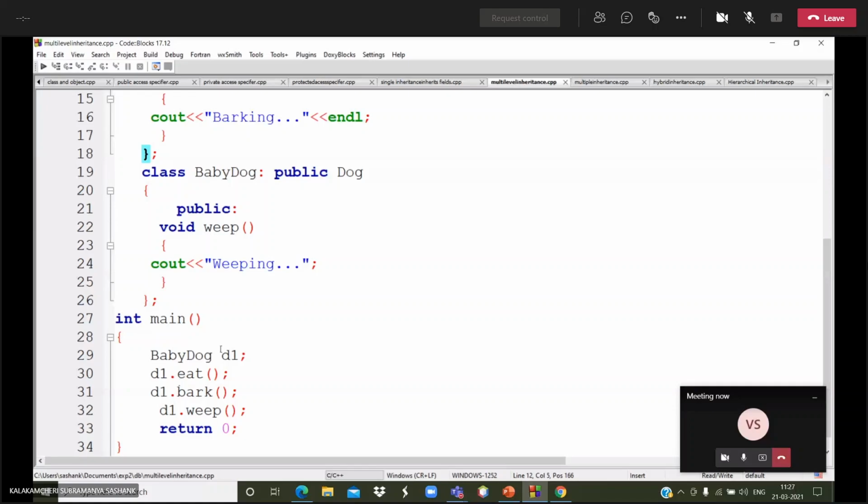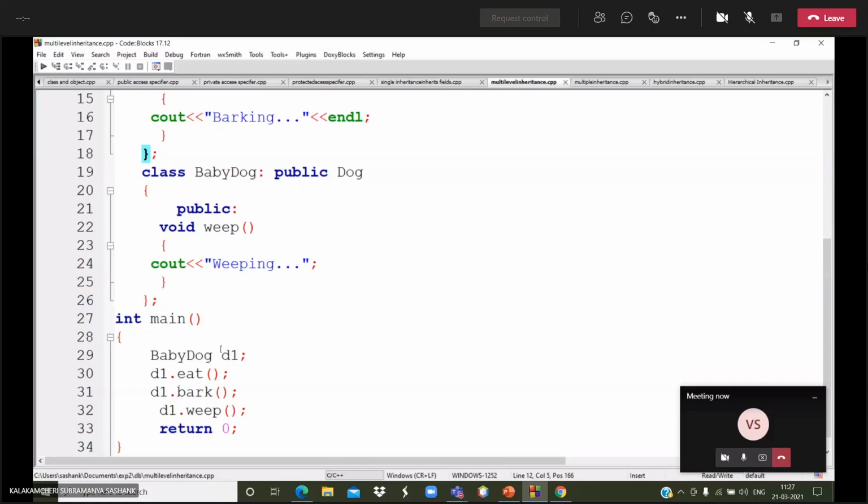The main small difference from multiple inheritance is that in multiple inheritance we have more than one parent class, whereas in hierarchical inheritance one or more classes are derived from one parent class. That's the main difference between multiple inheritance and hierarchical inheritance.